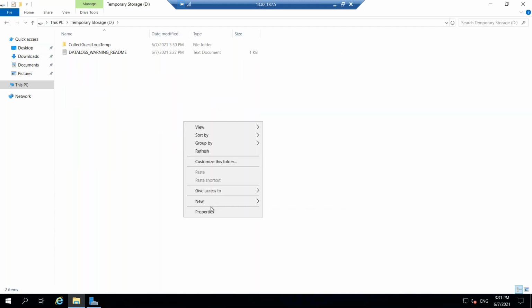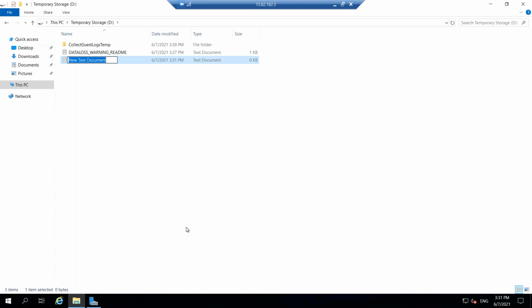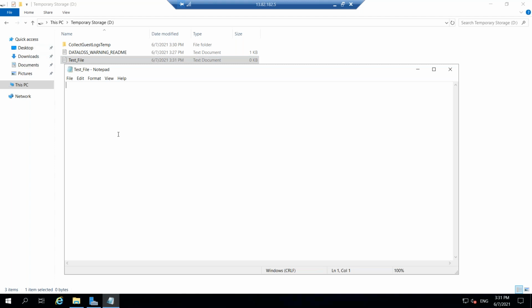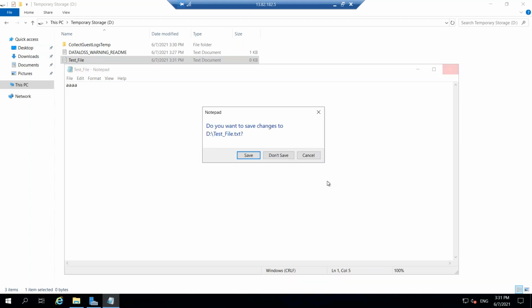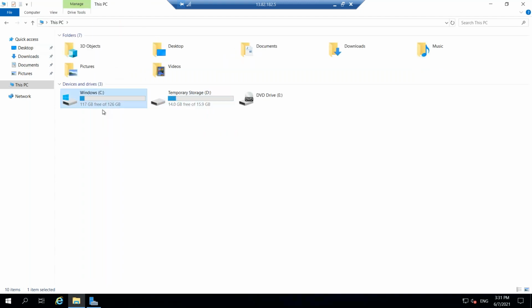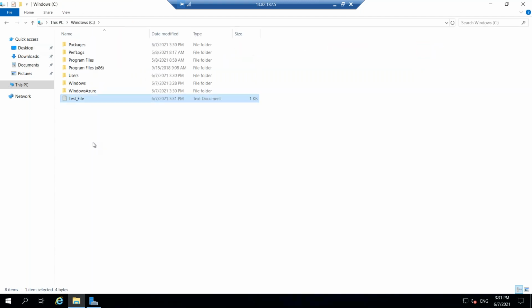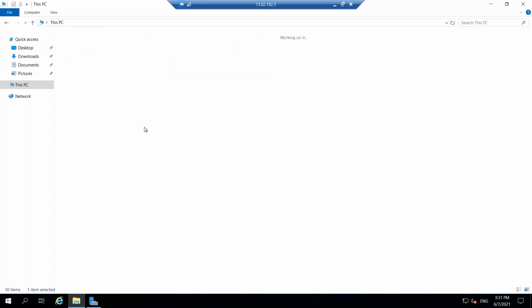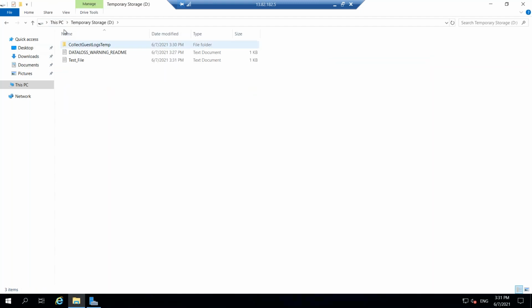I'll create a file called test, write something, save it, and copy the same file into the other drive too. So in the C and D drive, I have the file.